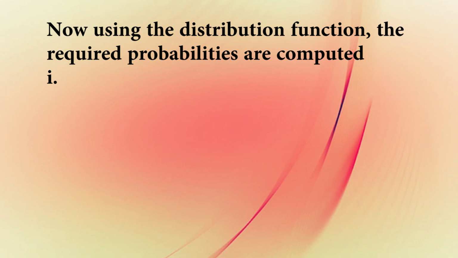Now, as we are given the distribution function, let us compute the required probabilities using the properties related with the distribution function. Firstly, we are supposed to find the probability of the outcome less than or equal to 3,